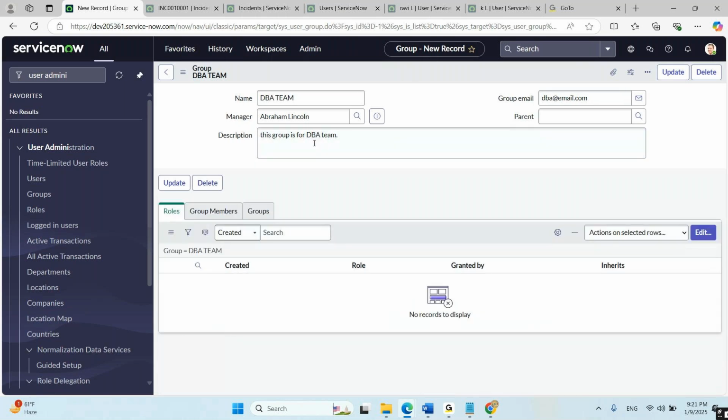Okay, so see guys, we have created this one group called DBA team. So this is the second step. This is how we create a group. Now when your ServiceNow project manager replies to the DBA team manager's email, he can mention that they have created a group called this. Okay,